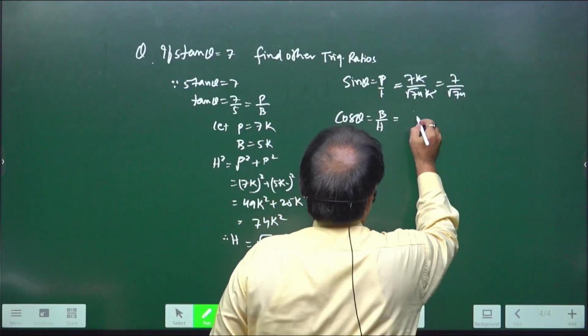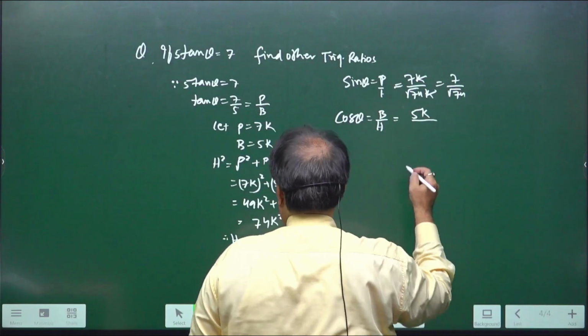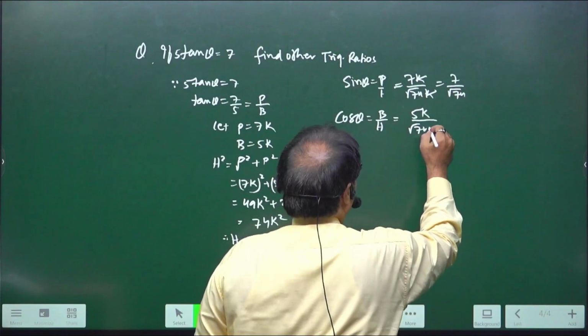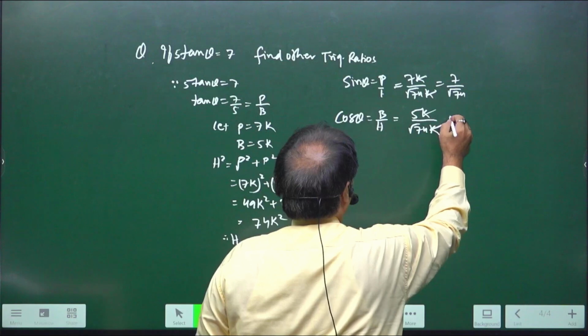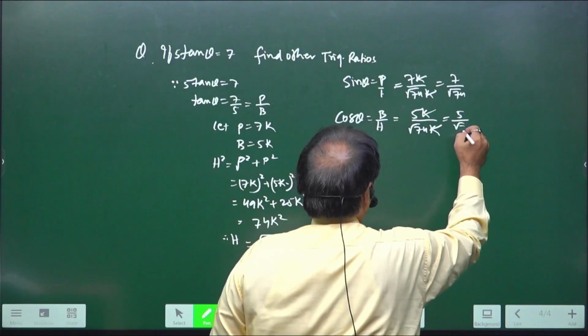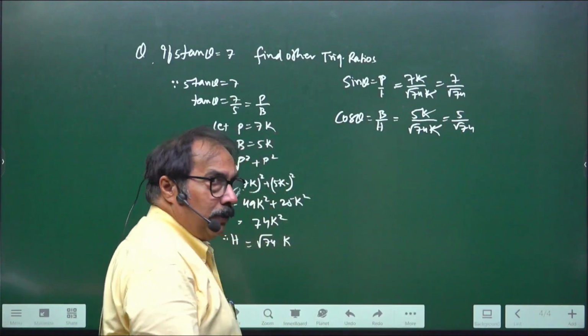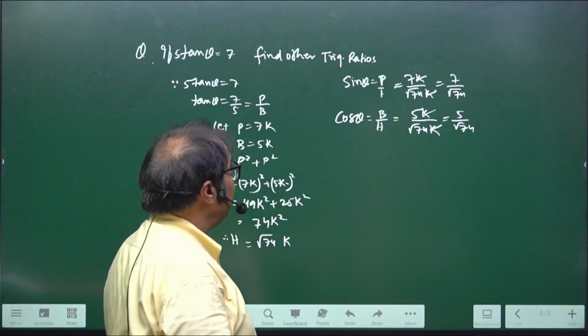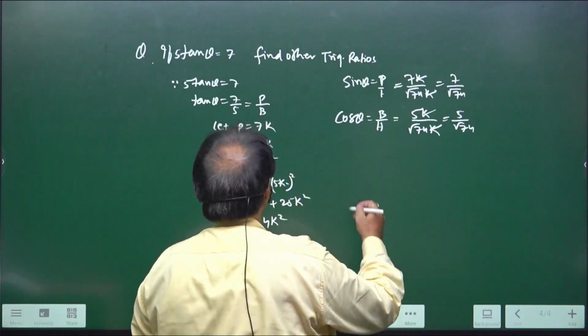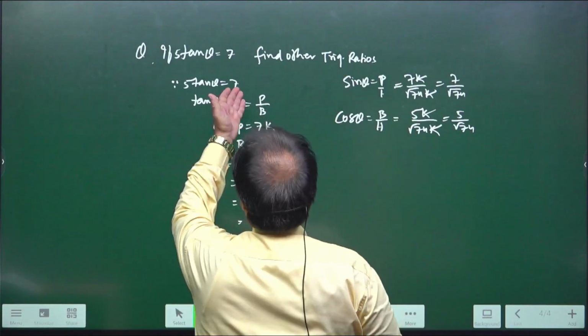Base is equal to 5K and hypotenuse is equal to root over 74K. So the K will be cancelled out. So 5 upon root over 74. This is the value of cos theta. Okay. Now tan theta is already given, that is